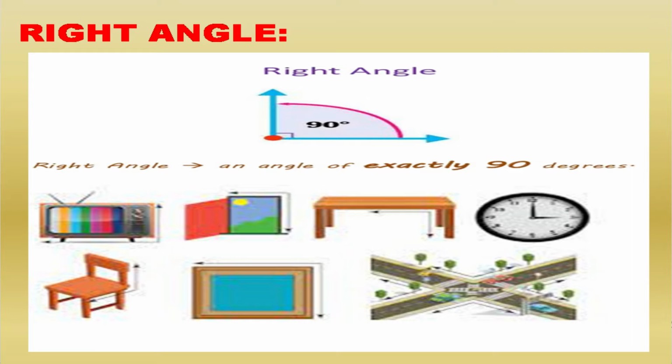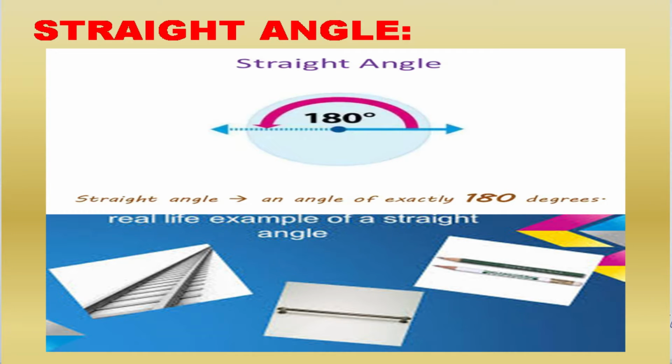On the screen you can see some examples of objects forming right angles. And in a clock, remember, when the hands of the clock make 1/4 of a revolution, it makes a right angle. The second angle that we learnt was straight angle. Straight angle is an angle of measure exactly 180 degree. You can see examples on the screen where objects make a straight angle, or with respect to clock, when the hands of a clock come in a straight line, it forms a straight angle. So students, these were the two angles that we learnt in the second part of the lesson.